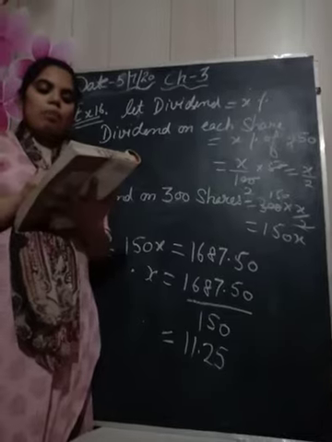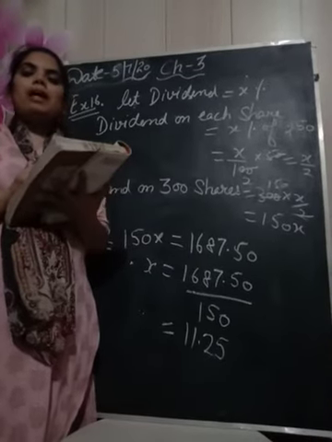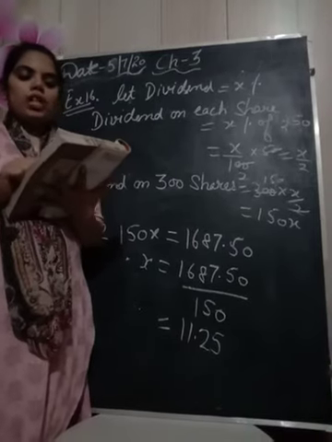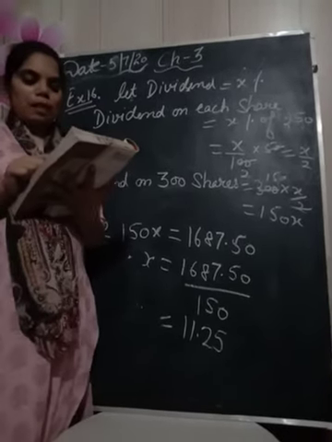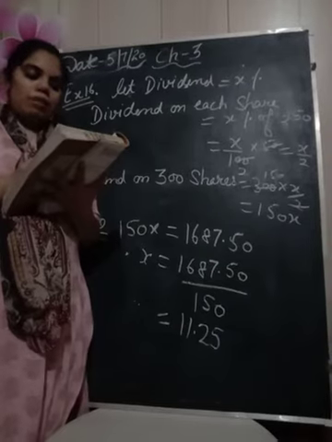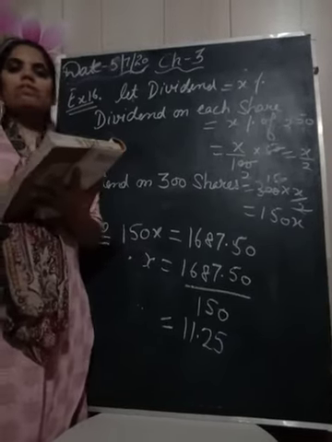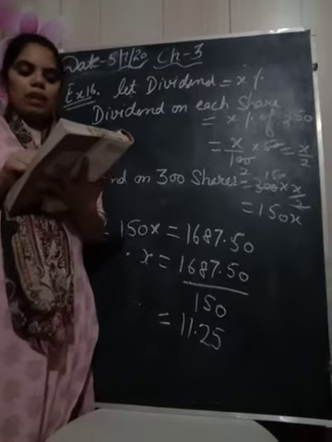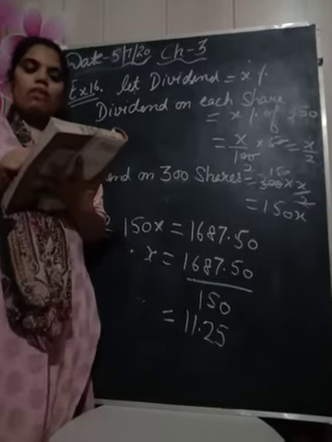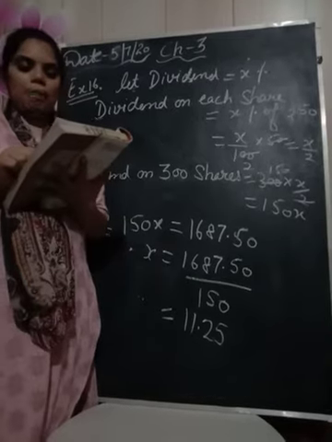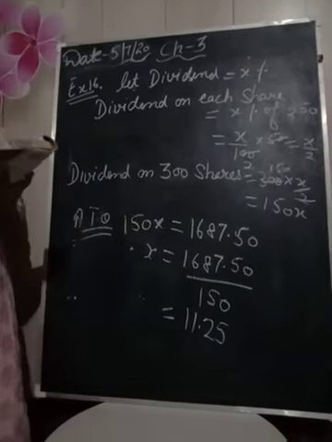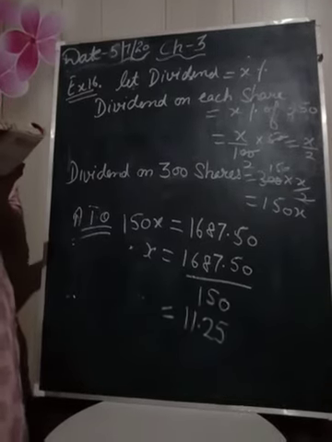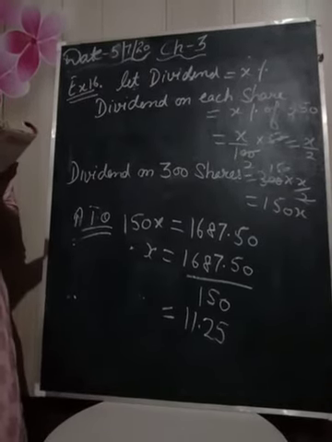Ashok buys 7.5%. 7.5% means the dividend they have given. Rupees 100 means nominal value. Shares at a discount they have given 20%. Whereas Sandeep buys rupees 50, means in the case of Sandeep, the nominal value is rupees 50 at a premium of 20%. 20% of 50 we will solve, and after that premium means we will add. So if both receive equal dividend at the end of the year, means both have received the same money. Find the rate of dividend received by Sandeep.